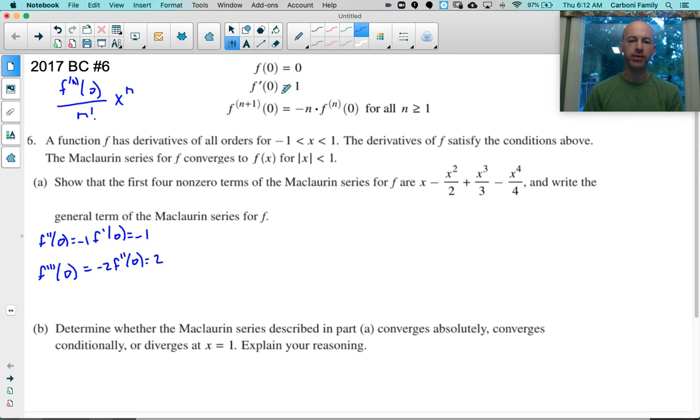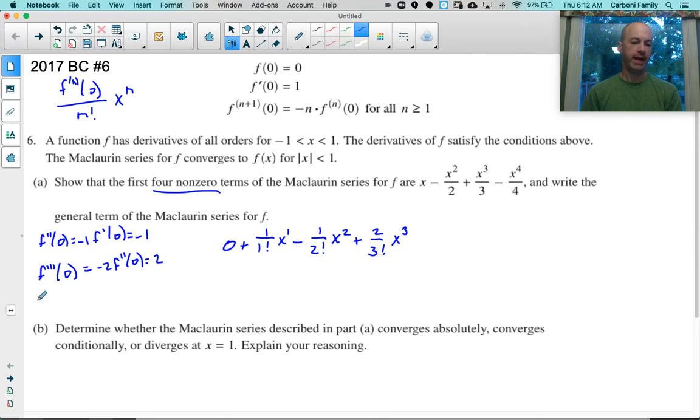Oh, look what they did. Okay, so here's what I'm noticing. f of 0 is 0, so my first term is 0 plus, and then f prime is 1 over 1 factorial x to the first plus f double prime, which is -1 over 2 factorial times x squared. And then f triple prime is 2, so it would be 2 over 3 factorial times x cubed. And here's where they got tricky, because they want the first 4 non-zero terms,